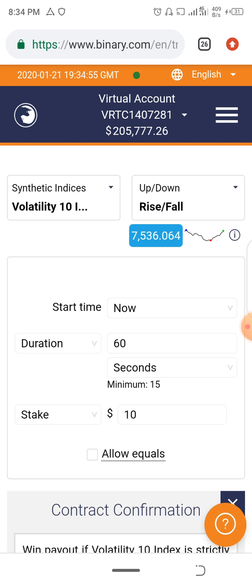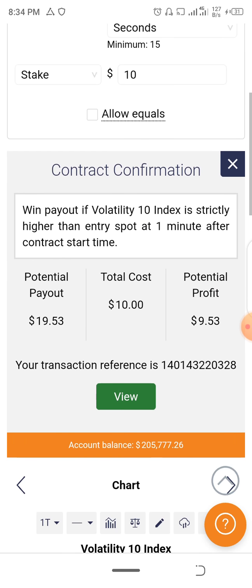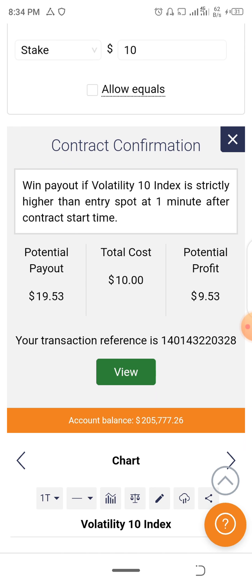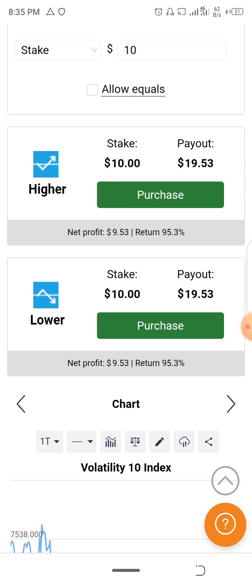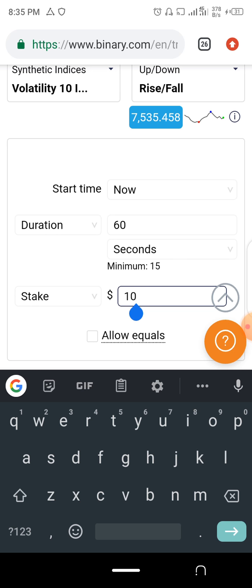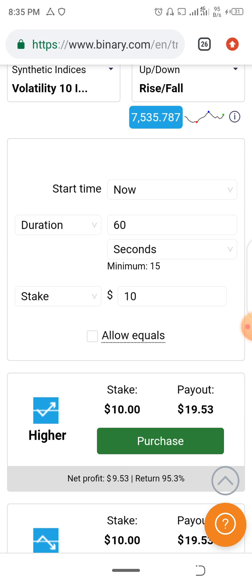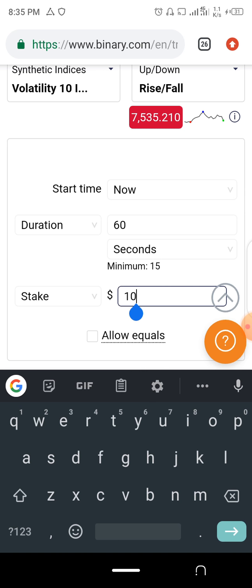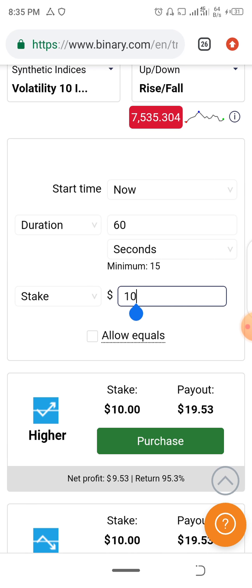That's an extra $9 out of $10. So let's click back. I was here explaining these things. Now here is where you choose the amount of trade you want to place. Here you leave it as stake, which means that if you place a trade with this $10 and it loses, it will lose all the 10. If it wins, extra